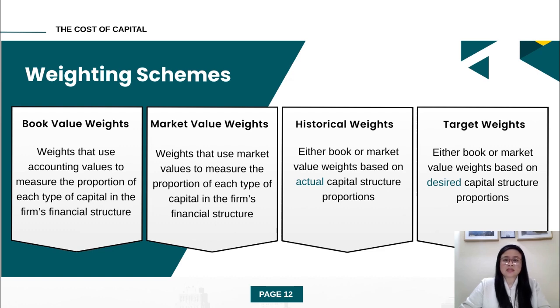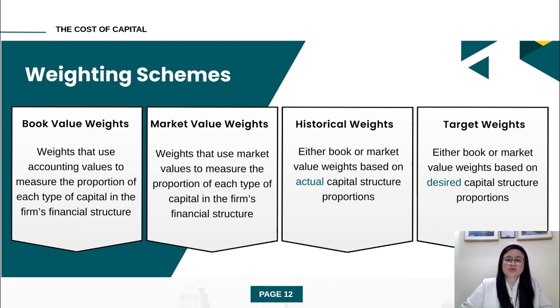Example, the company's debt in the market is valued at $1.5 million, and the equity is trading at $4.5 million. So the total market value of capital equals 1.5 million plus 4.5 million, which equals 6 million. The market value weight of debt would be 1.5 million divided by 6 million, which is 25%, and the equity weight is 75%. It is good for reflecting the real world conditions but can change frequently.